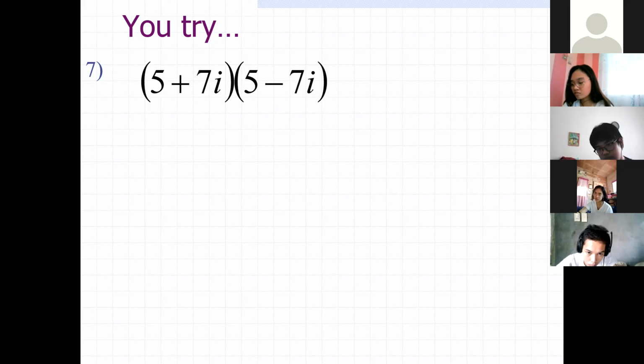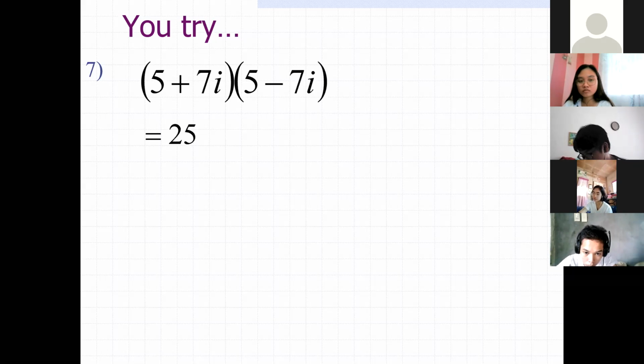I did mention before arriving at this frame that the factors of the difference of two squares are conjugates. If you multiply complex conjugates, it will end with a pure real number. And this is the explanation for the point that I just raised a while ago.